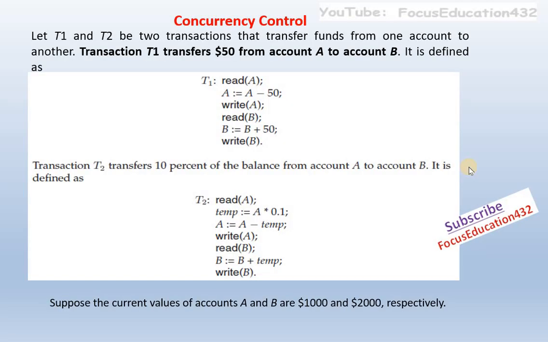Now, we can understand concurrency control here with two transactions, T1 and T2. Suppose transaction T1 transfers $50 from account A to account B. Consider a banking system where $50 is transferred from account A to account B. That is shown in T1. To do that, first the database system has to read A. Account A should be accessed from the database. That means it has to bring the value of